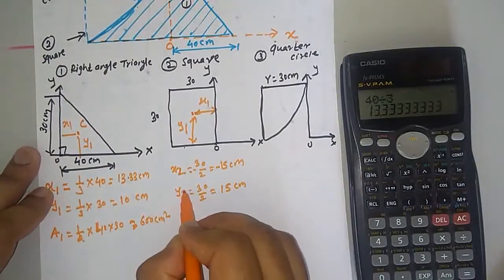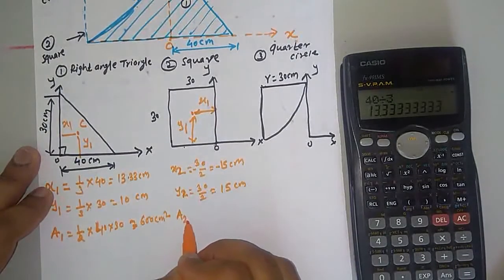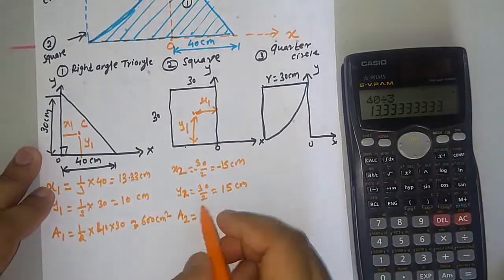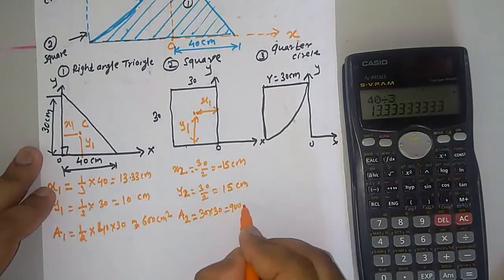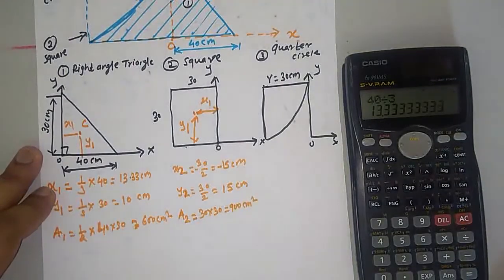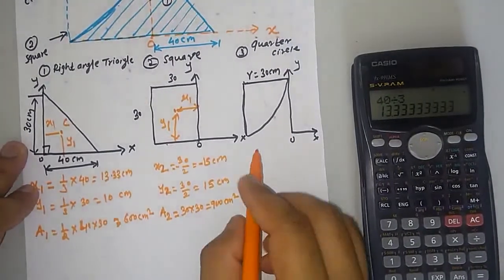Sorry, x2, y2, a2. Okay, so what is a2? 30 into 30, 900 centimeter square. Now